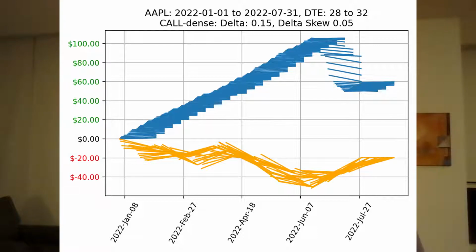The next line segment moves forward on the x-axis, and there's dense mode and chain mode, and it'll move a different amount forward depending on the mode. Dense just moves 1 day forward, where chain moves all the way past your expiration date too. So you'll only have one option going at a time.